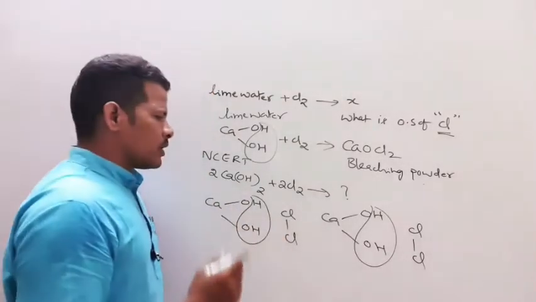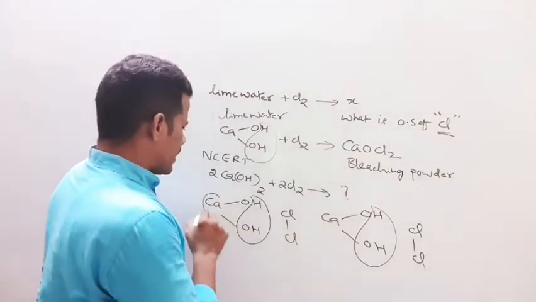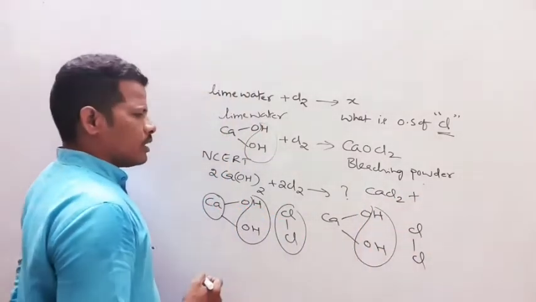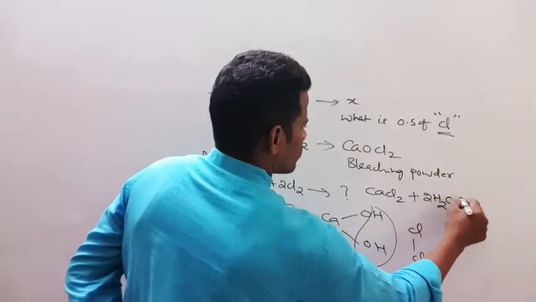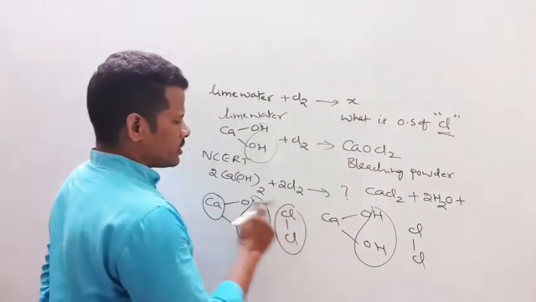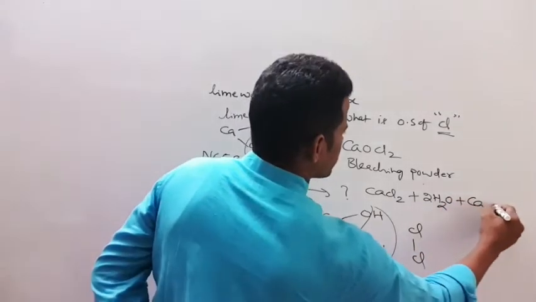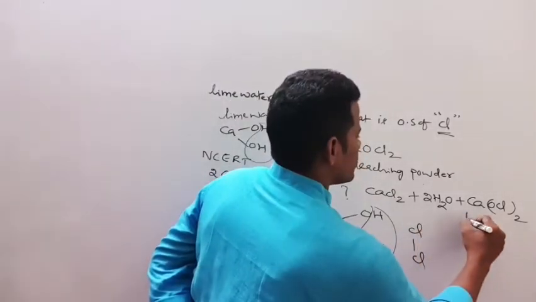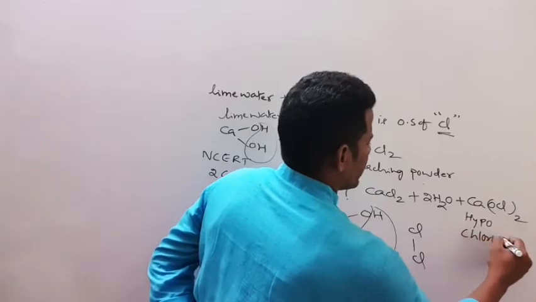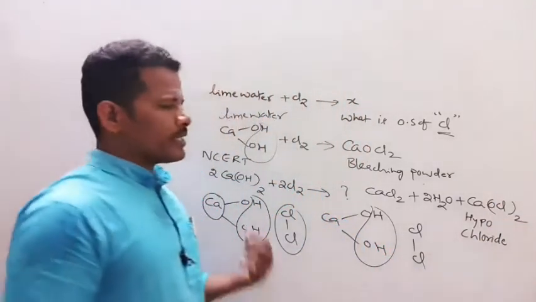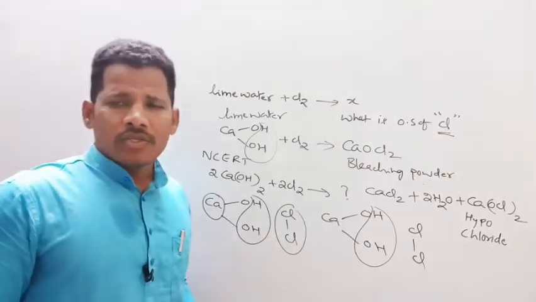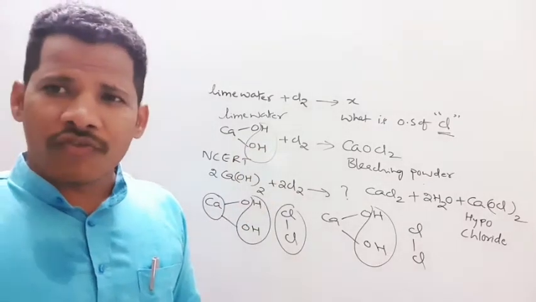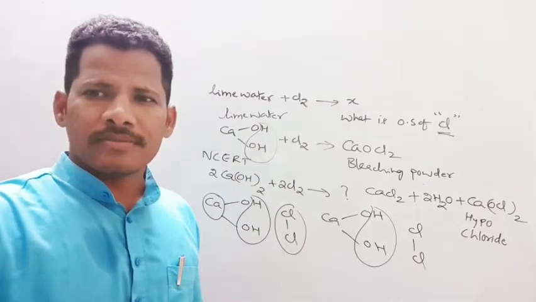Now you can take calcium chloride, and 2 moles of water molecule, and calcium with 2 oxygen atoms and 2 chlorine atoms, Ca(OCl)2. So this is chloride, this is hypochlorite, this is hypochlorite. Questions like these they will ask, this is given in our NCERT. So simply remember here, when lime water reacts with chlorine it forms bleaching powder, remember that point.